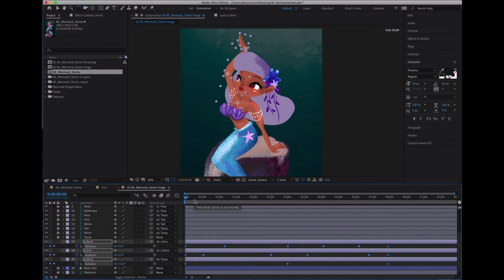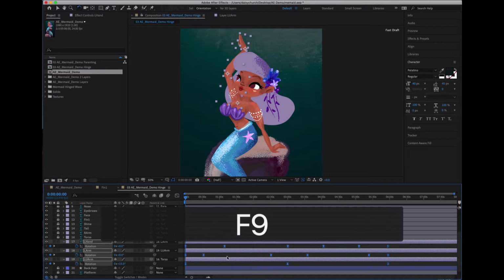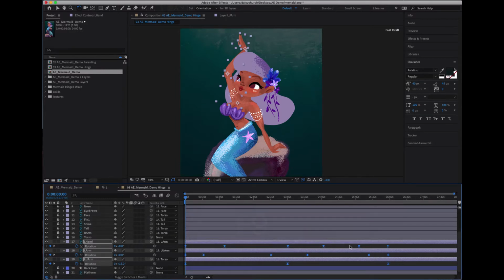So After Effects has a really simple shortcut. It's F9. Watch these little diamonds, and as I hit F9, they're all going to turn into little hourglasses. And what that's called in After Effects is Easy Ease. Sounds like some sort of oven cleaner. But what it does is it puts an automatic ease in and ease out on all the keyframes that are